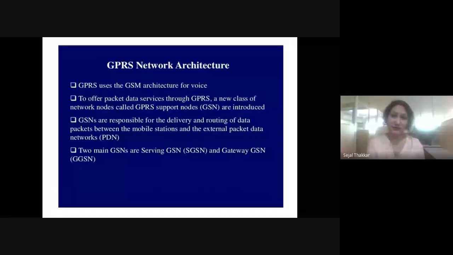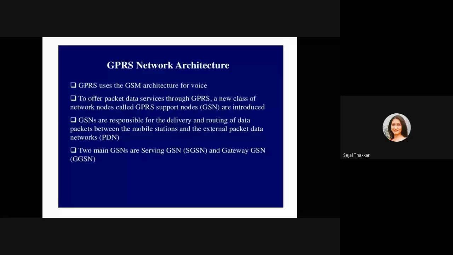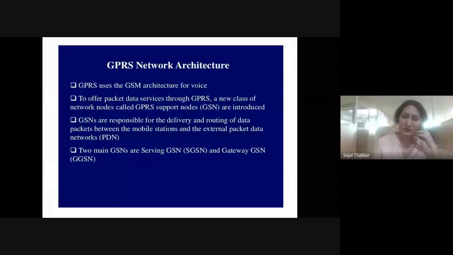So these were included under that particular GSM architecture. Now, most of the same components we are using with GPRS, the same architecture. If you have established a tower for mobile voice calling, the same tower we are using for GPRS also. But GPRS has added two functionalities to offer packet data service.